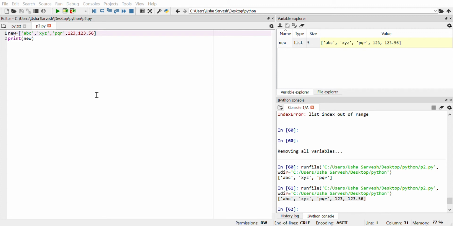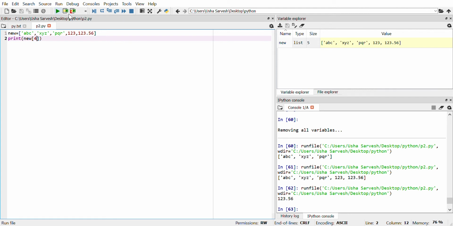Now let us see a third example. So what this third example does is, with the same list, I'm trying to print a particular value by using indexing. Just like in strings, how we use the indexing concept, even in lists it is possible. So if you want to access a particular element, if you know the index of that element, you can directly access it by using the index. So here I am trying to access index 4. So 4 means 0, 1, 2, 3, 4. It should be printing